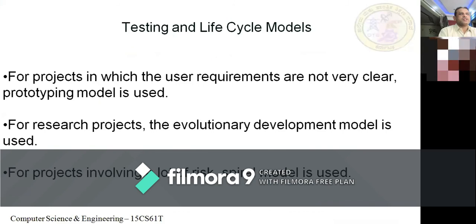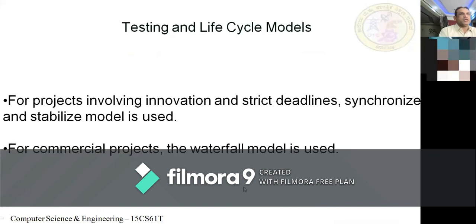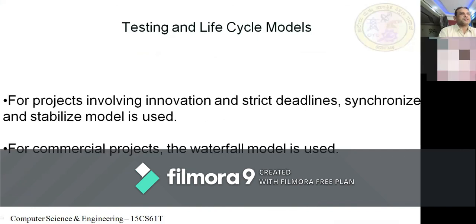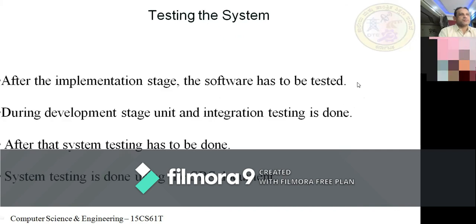Where the user requirements are unclear, the prototyping model is used. For a research project, the evolutionary development model is used. For projects involving a lot of risk, the spiral model is used. For projects involving innovation and strict deadlines, the synchronize and stabilize model is used. For a commercial project, the waterfall model is used. Then for testing,